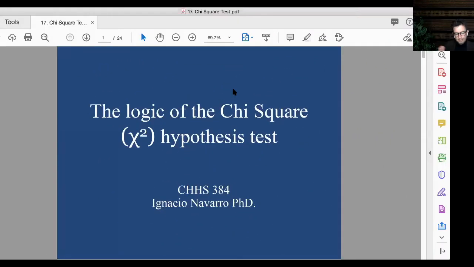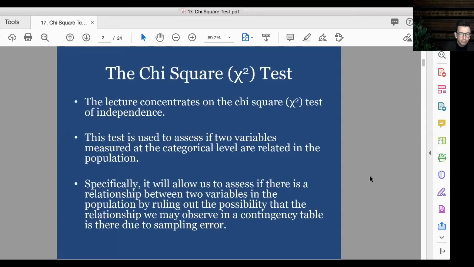We begin with the logic of hypothesis tests in general and of the chi-square test in particular. The chi-square test is used to assess if two variables that are measured at the categorical level are related in the population. Specifically, it will allow us to assess if there is a relationship between two variables in the population by ruling out the possibility that the relationship we may observe in a contingency table from a sample is there due just to